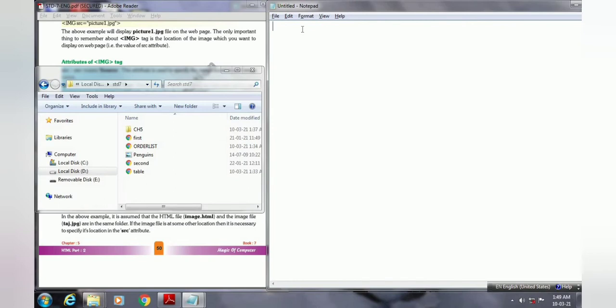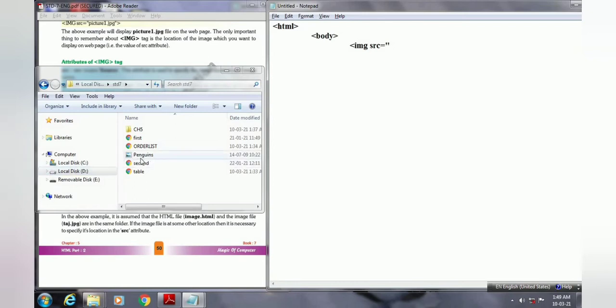First we will open our HTML tag, and then in the HTML tag we need to open our body tag. Now we are going to insert the image, so for that we need to use the img tag. Which is the compulsory attribute? src, and in the src attribute we need to write our image name along with its extension.